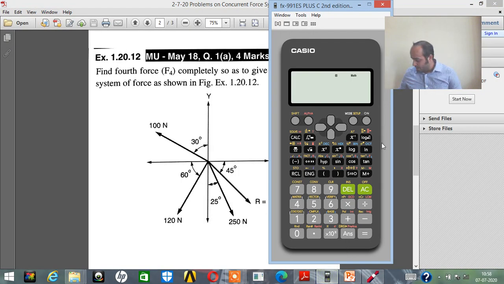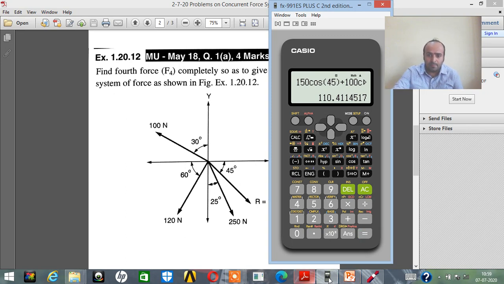So here it is, one by one I can write down the calculation. So it will be 150 cos of 45, again plus 100 cos of 60, plus 120 cos of 60, minus 250 cos of 65. So here it is, the equation, and the value is